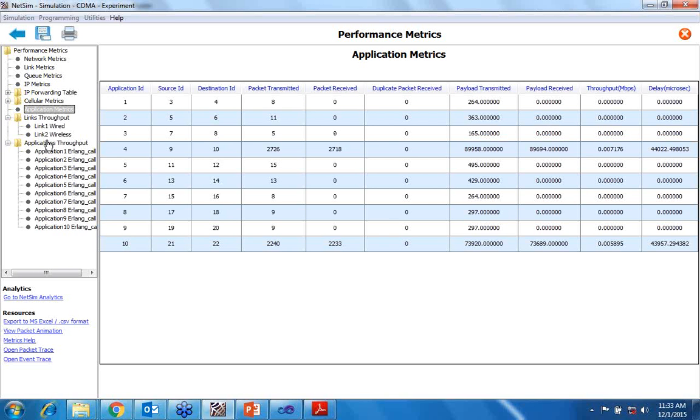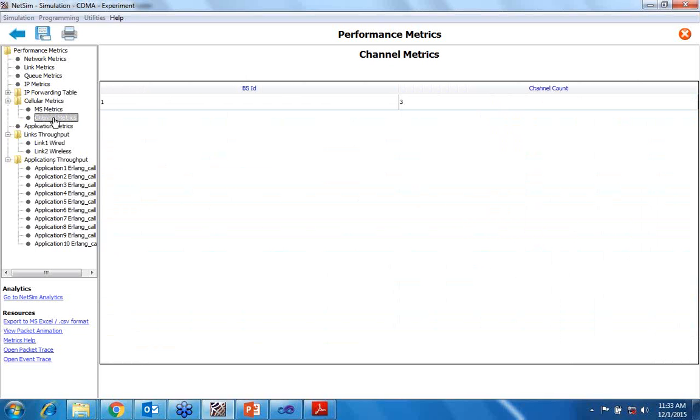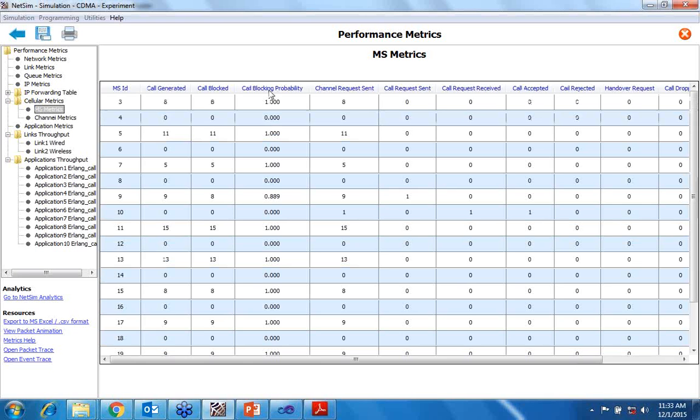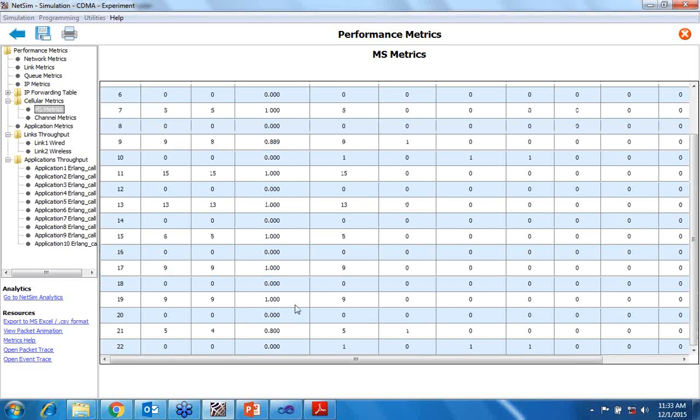Then the main part of this cellular matrix is MS matrix and channel matrix. Here we can see the channel count. So when we decrease the voice activity factor, this channel count would increase. And in MS matrix, we get the call blocking probability for all the devices.